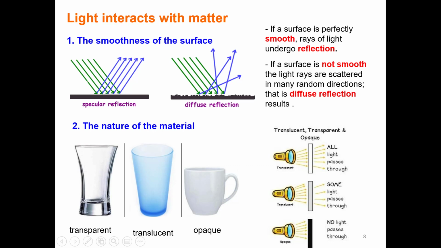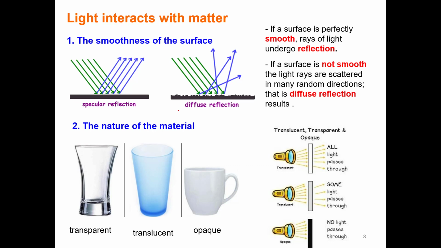Then if the light interacts with a smooth surface, we have specular reflection. But if the surface is not smooth, then we have diffuse reflection. Yes, the light is scattered in many directions. The second thing: when the light interacts with matter, what happens also depends on the nature